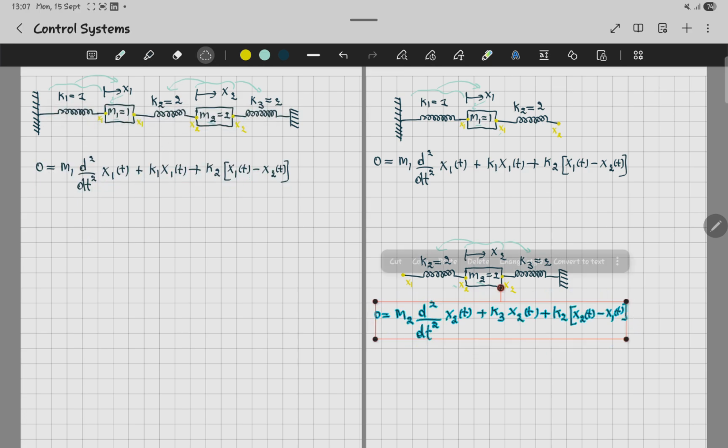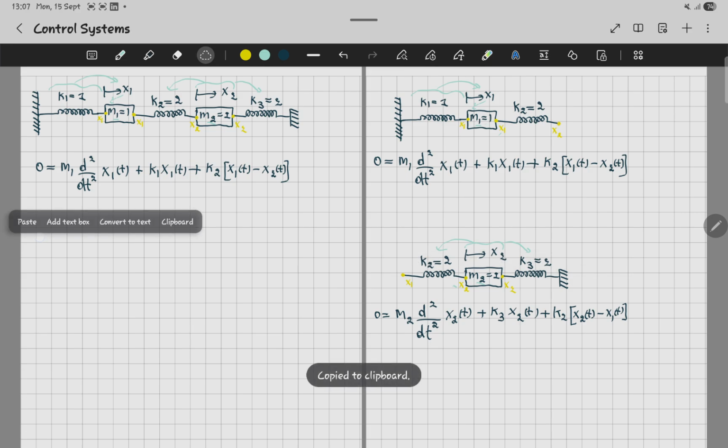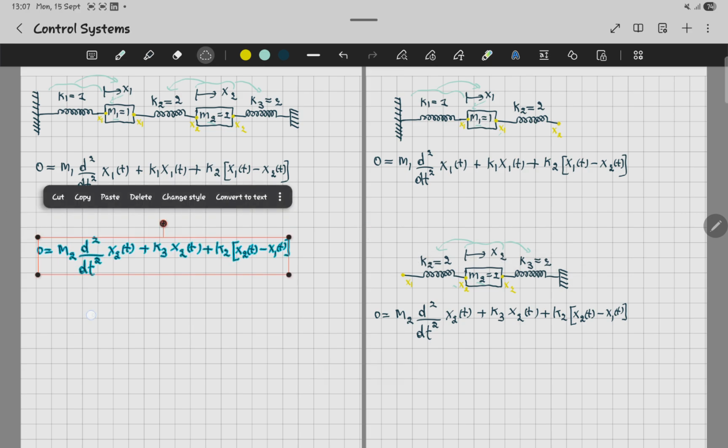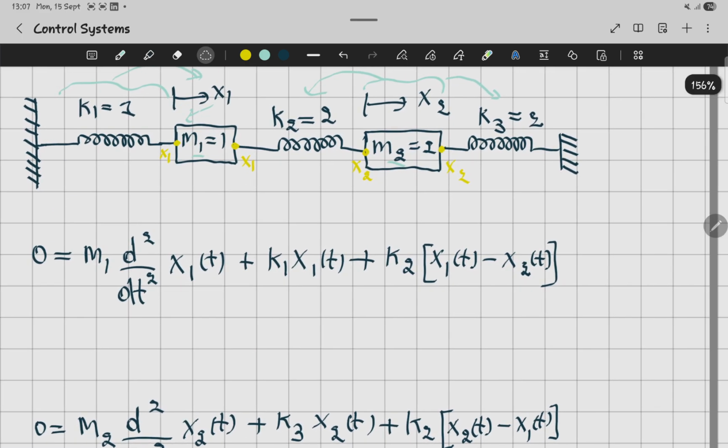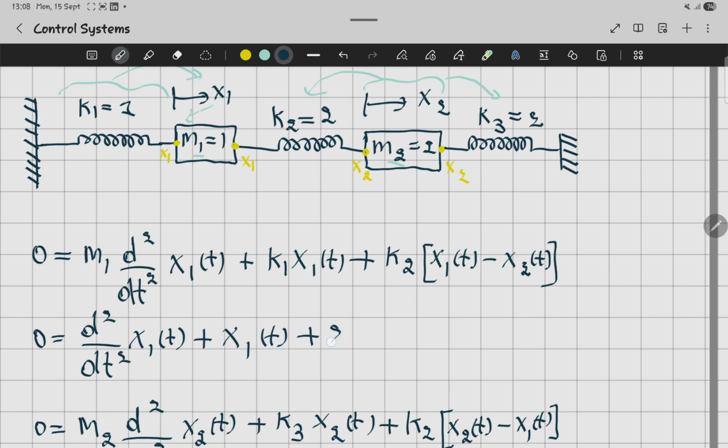In the first equation, m equal to 1, so we're going to write it that way: 0 equal to 1 times d square dt square x1 of t plus k1, which is 1, times x1 of t plus k2 equal to 2,